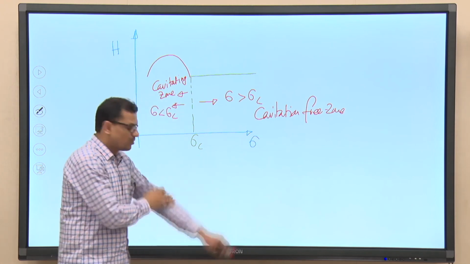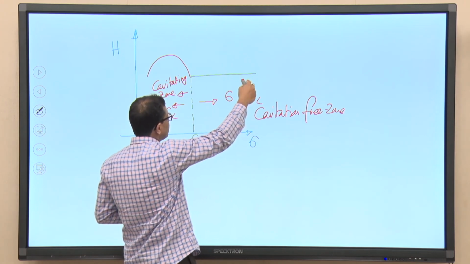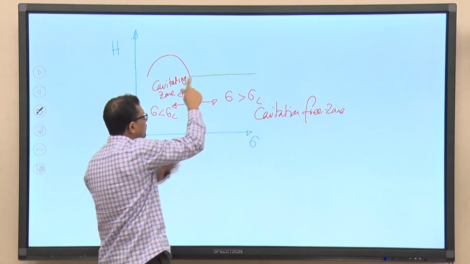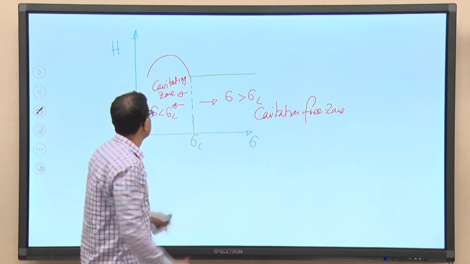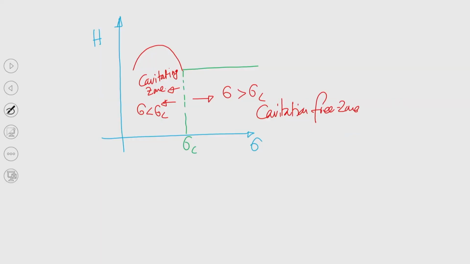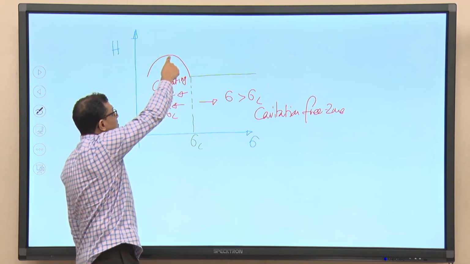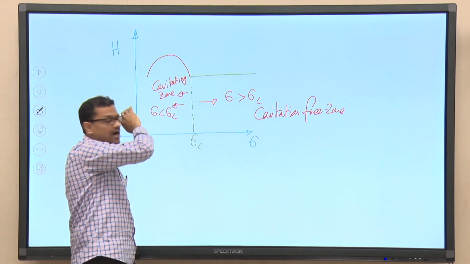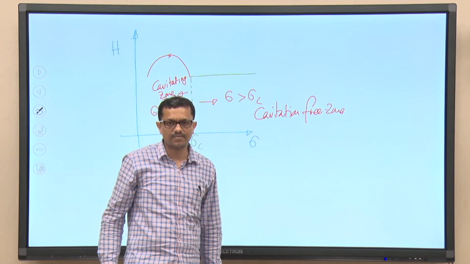Now, I will conclude within 1 or 2 minutes. If we try to reduce sigma, traversing from right to left, we reach sigma c. If sigma is reduced further, there is an increase in head and then a further drastic rise. Why is it happening so? After reaching the maximum head, again there is a drastic fall of the total head developed by the pump. Why is it so?